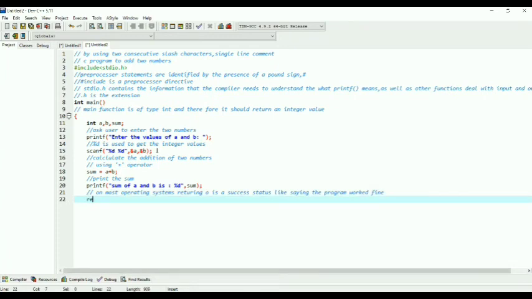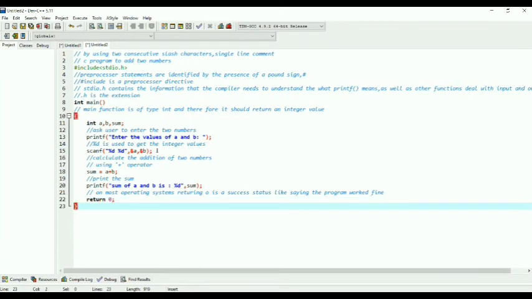So we have completed the program, so we are closing.